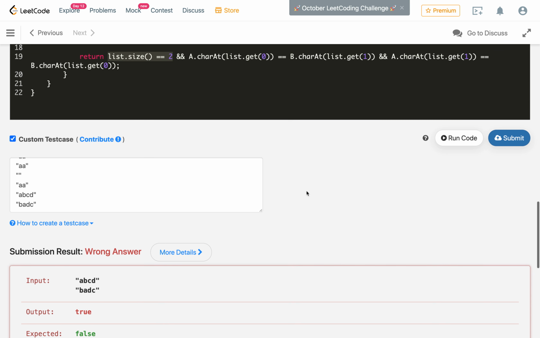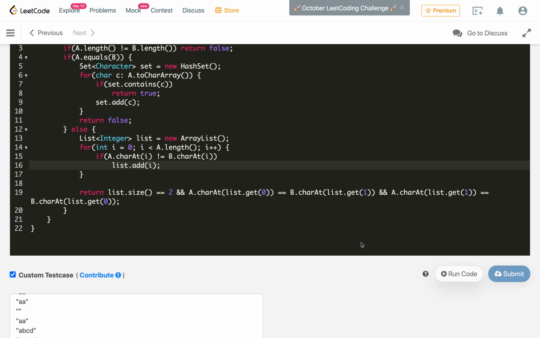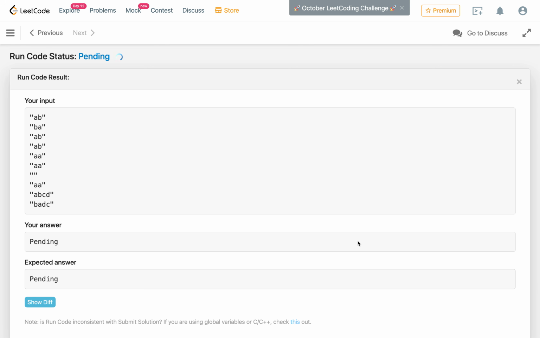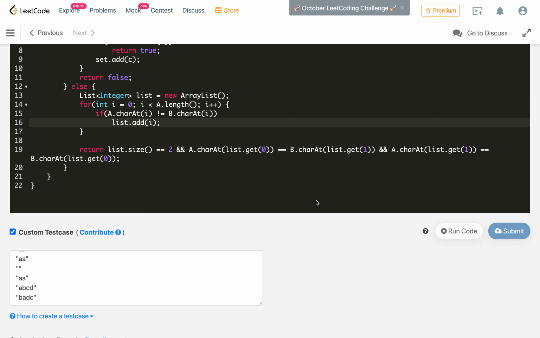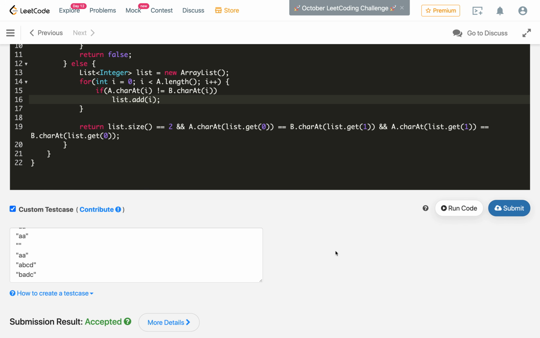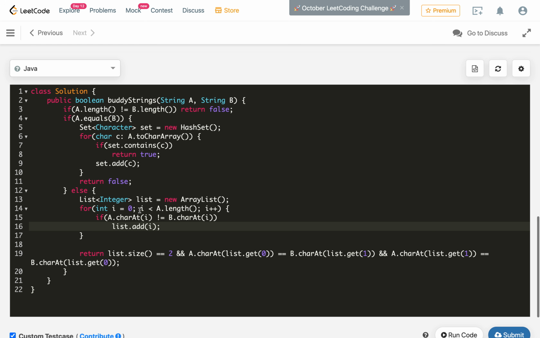So our test case is giving true while it should be false. Yeah, this is the big mistake I made. I added the return statement, I don't know why or how. So this should work now. So yeah, it is working. Let's submit it again. It is accepted. So there was one typo and this mistake I made, I don't know why or how.